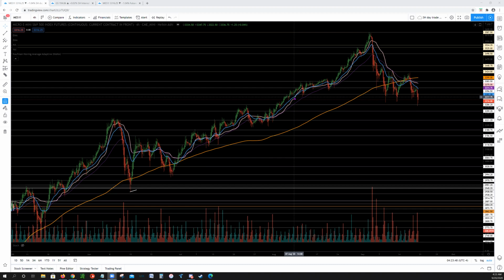Now, if you remember last week, we were calling out some levels to watch for, and we didn't exactly advance above that 34.24 area. So what happened is that just turbulence came into the market and we dropped, and that's all right because we have our levels. So where we are now, we bounced off the